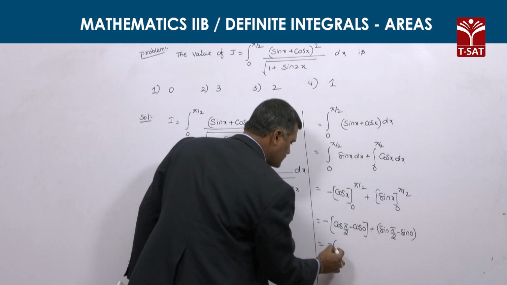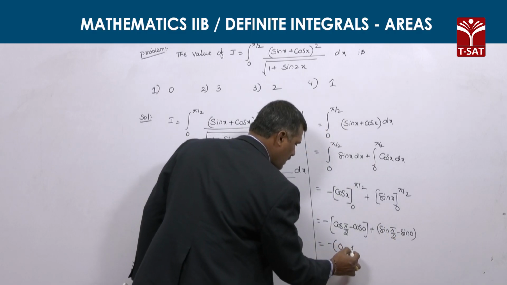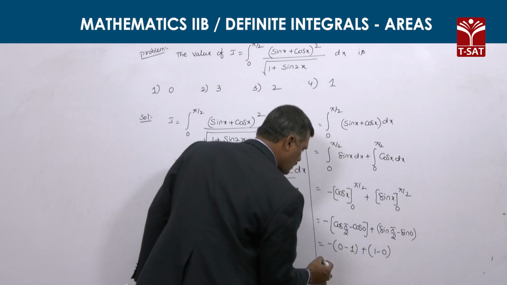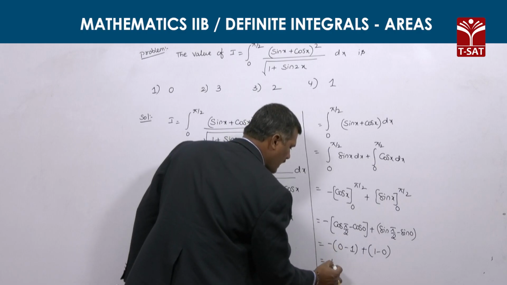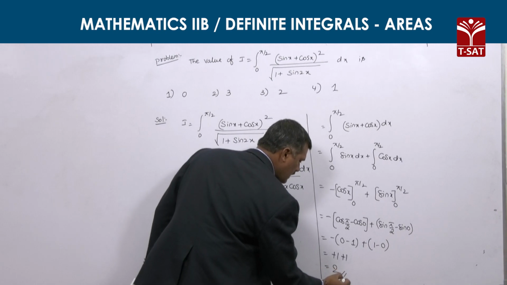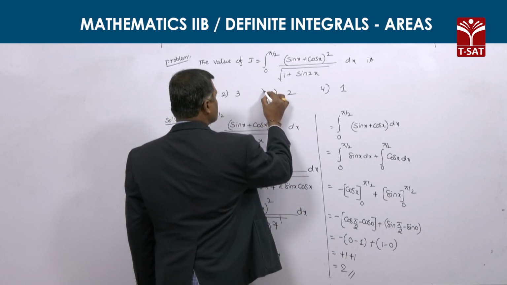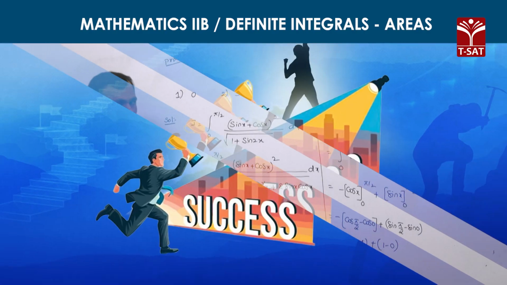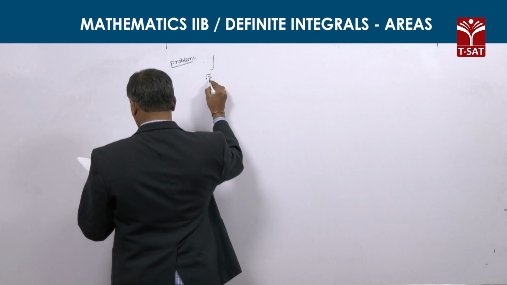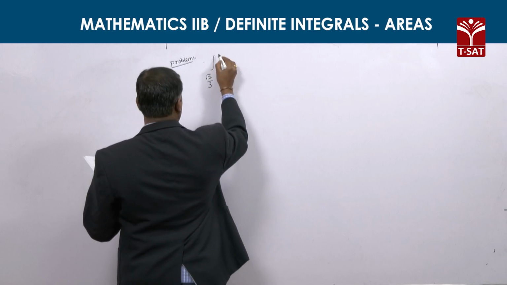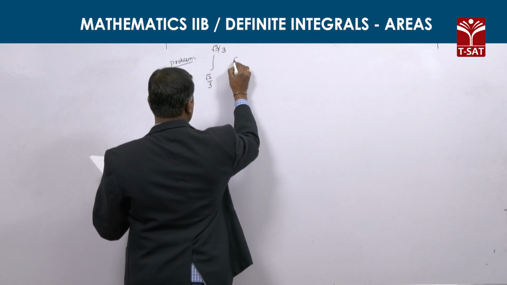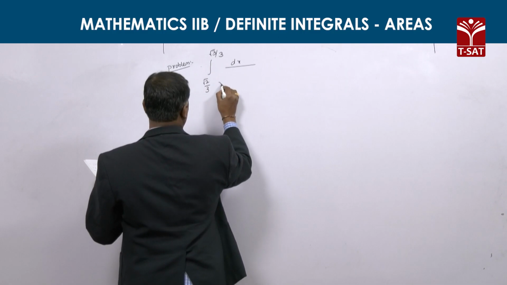Cos 90 is 0, minus cos 0 value 1, plus sin 90 value 1 minus sin 0 which is 0, that is equal to minus of minus 1 plus 1, that is equal to 2, the required solution. Third option is the correct option. Next problem, integral from root 2 by 3 to root 3 by 2 root 3 by 3 of dx by under root